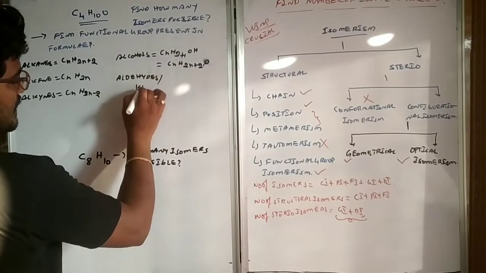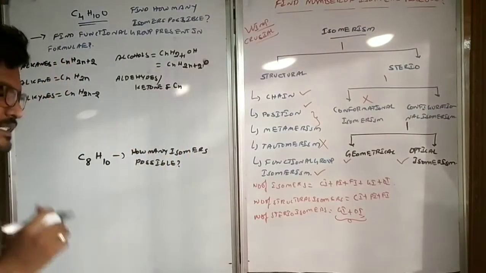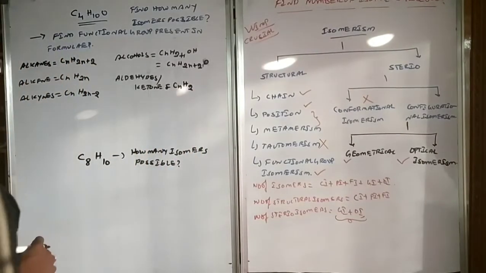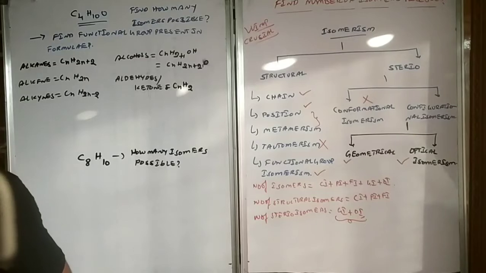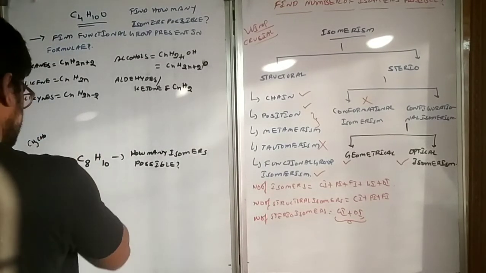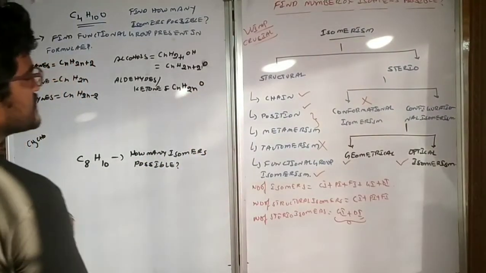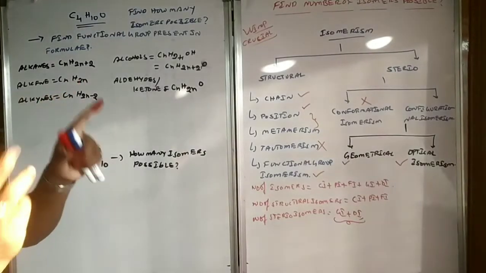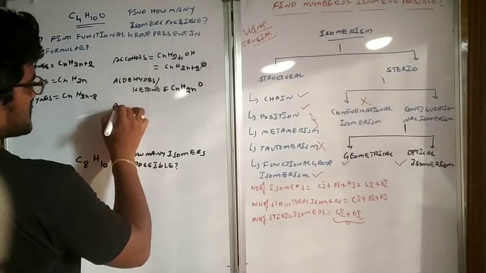Aldehydes and ketones have the general formula CnH2nO, because in the presence of two hydrogens one oxygen will come. That's why CnH2nO will come. In case of